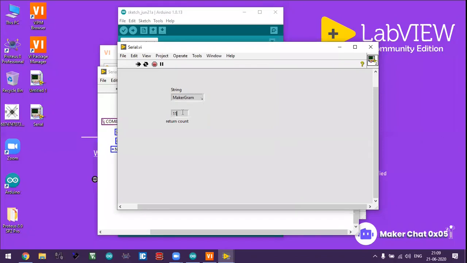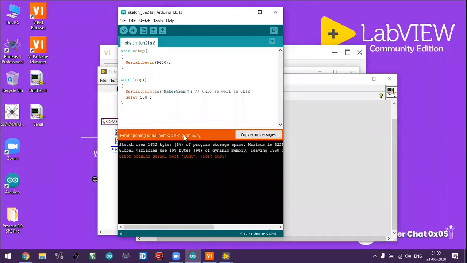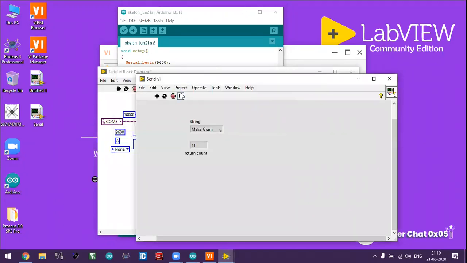And if you have an Arduino board, you can see the TX light glowing every 500 milliseconds. But if you want to see it over there, this error will come because the port is busy. So I have to change this, and now see what happens. Let's see, electronics R&D. So I have to upload this program, but I have to stop this first.